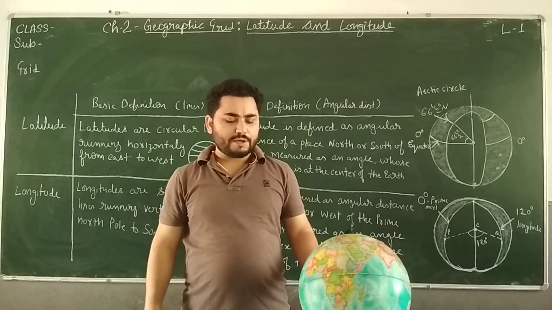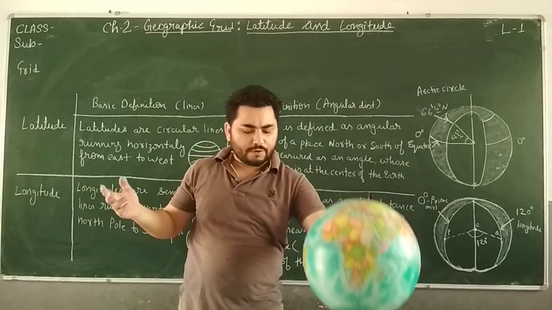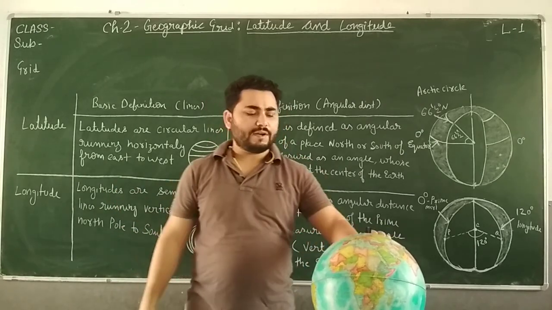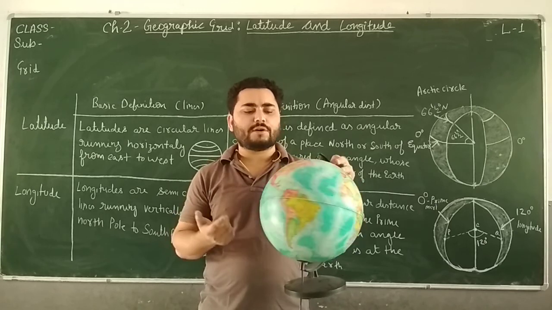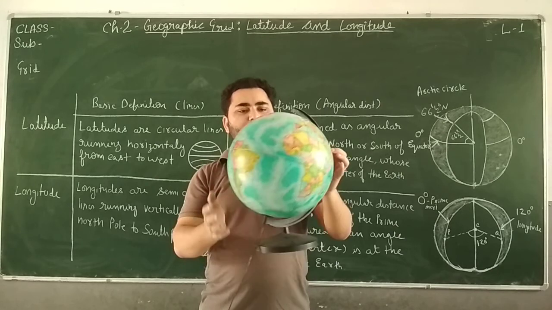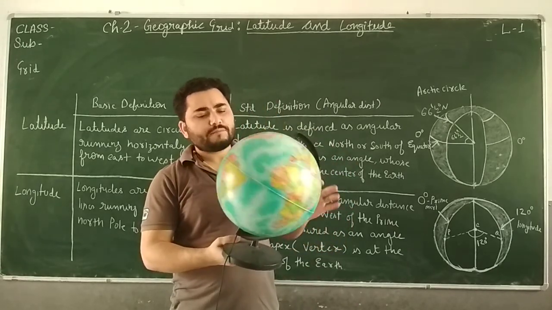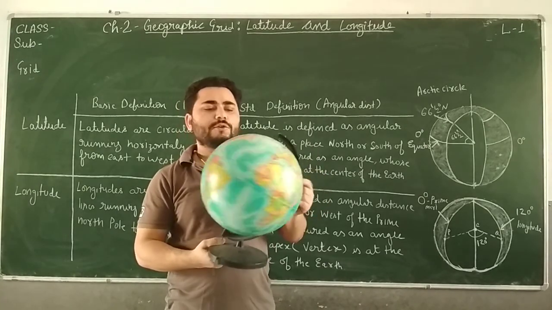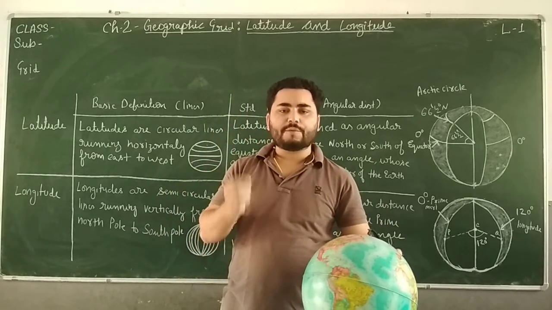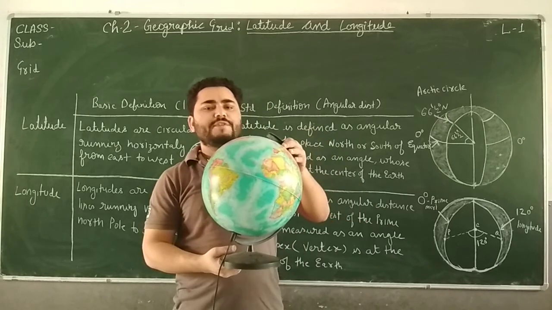But if a body is spherical, we are having no corners. So how will we take a point of reference? How will we tell where is what? Everything is round, like an egg. So what will happen now? For this also, we will have a geographic point of reference. And which point of reference can we have?